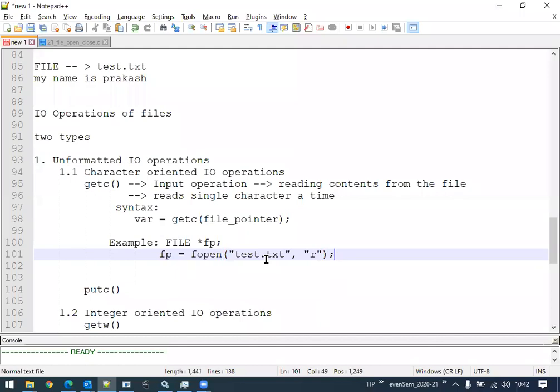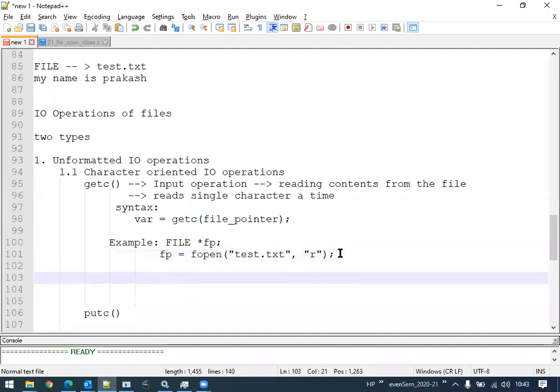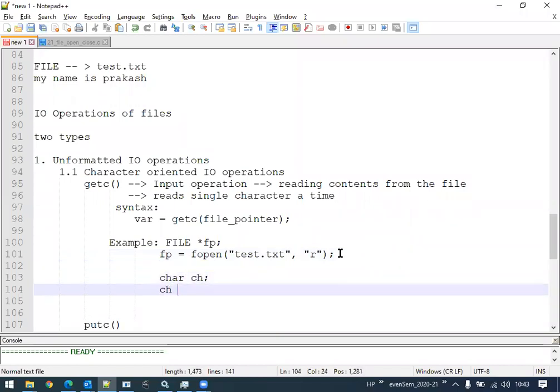If this operation is successful and the file is opened successfully, then I require one more variable, char ch, and I can write ch is equals to getC fp.